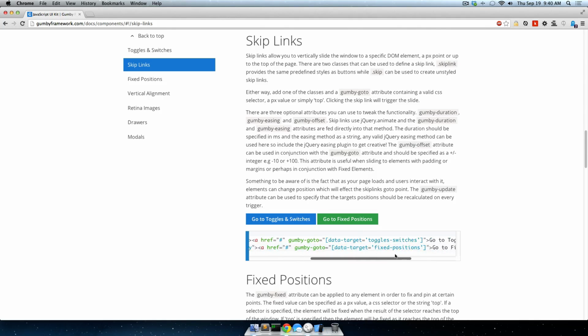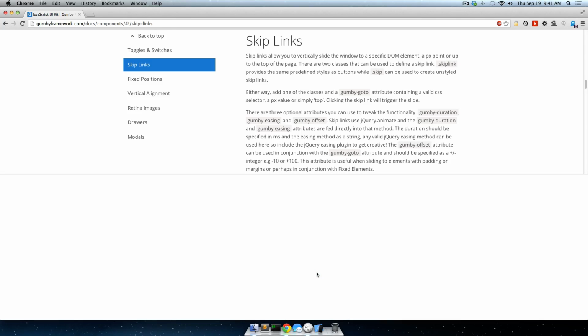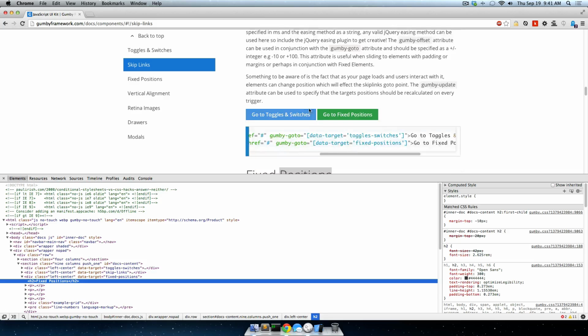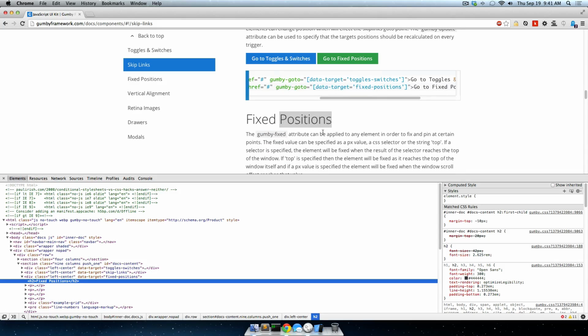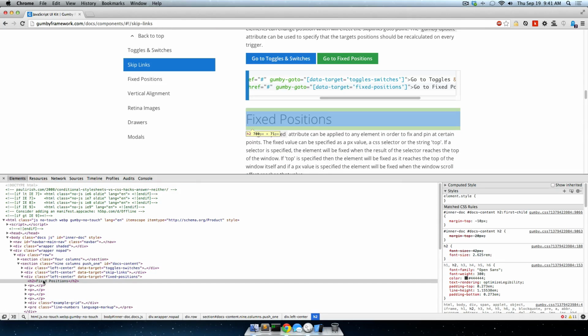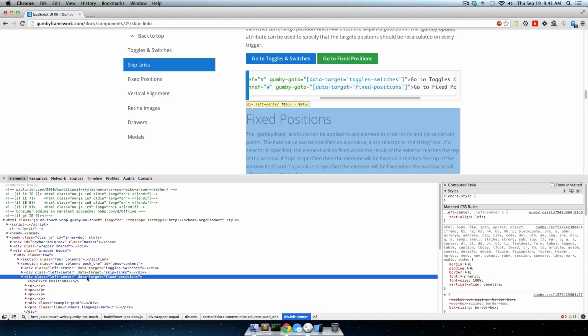And then say the anchor is just like a dead anchor. Then you say Gumby go to, and then whatever element has this attribute in it. So this fixed positions, if we just inspect that text right there, scroll down a little bit so we can see. Okay, so if we just inspect that text, this div right here has the data-target